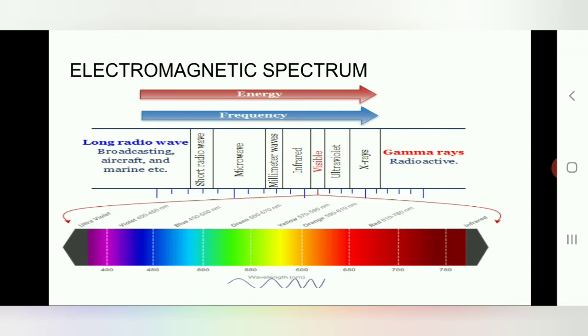And the complete electromagnetic spectrum is gamma rays, X-rays, ultraviolet rays, that is UV rays, visible light, infrared radiations, microwaves, radio waves. In this figure you can see that although we have shown a boundary line between different waves, there is no sharp boundary of wavelength between two successive electromagnetic waves. In fact, they overlap to a good extent. The infrared spectrum is the part of the spectrum just beyond the red end, while the ultraviolet spectrum is the part of the spectrum just before the violet end.